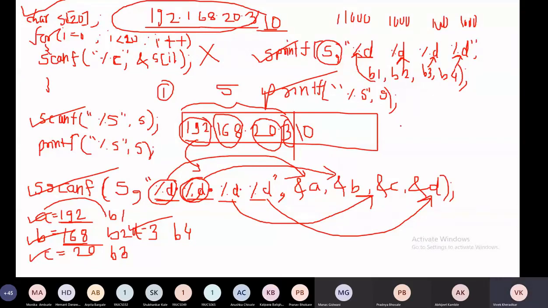But suppose the user has entered this address: 142.1011 dot -10 dot -10. Then what is the appropriate answer? If the user has input this IP address, what is the expected output from this program?